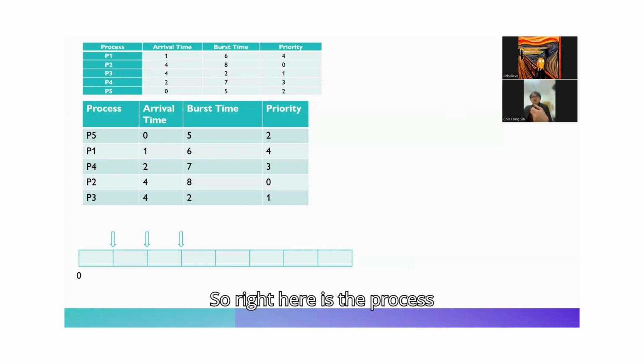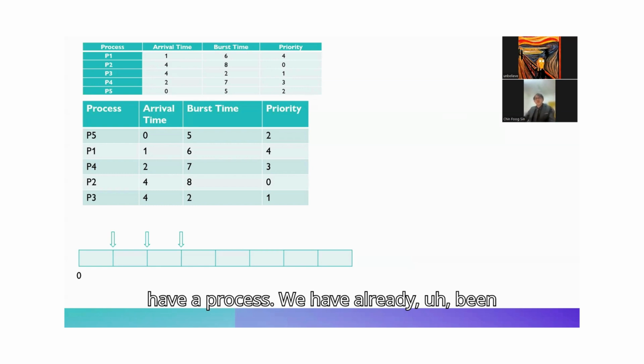So right here is the process. Okay, we have a process. We have already been doing the table or the arrangement. For example, P5 arrival time is 0, P1 arrival time is 1, P4 arrival time is 2, P2 arrival time is 4, P3 arrival time is 4 milliseconds. So first of all, we will like to present